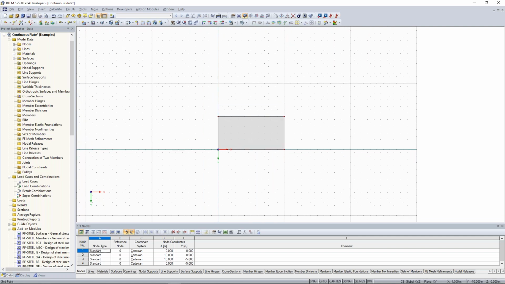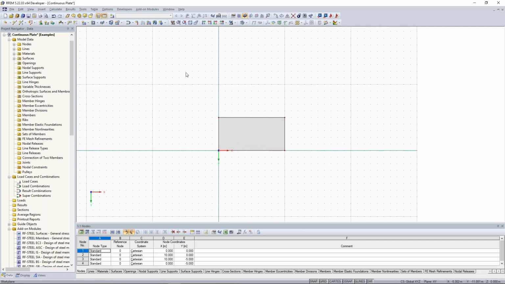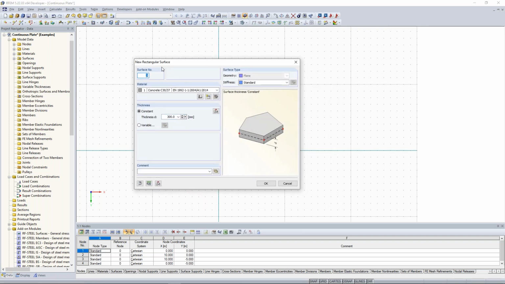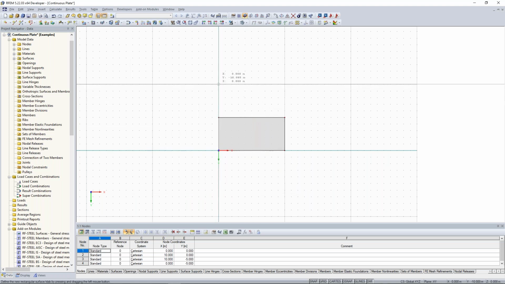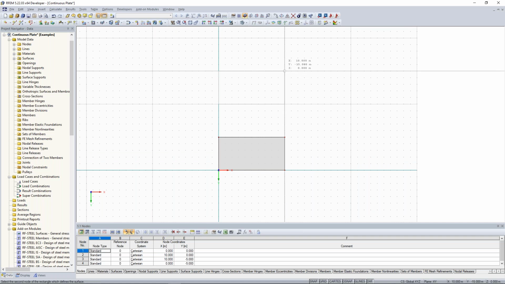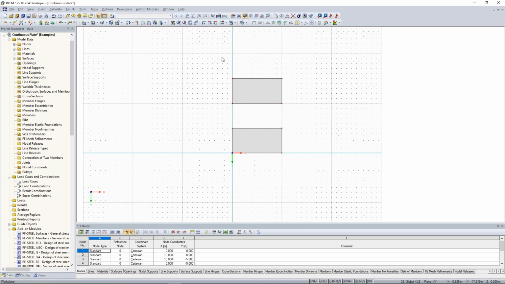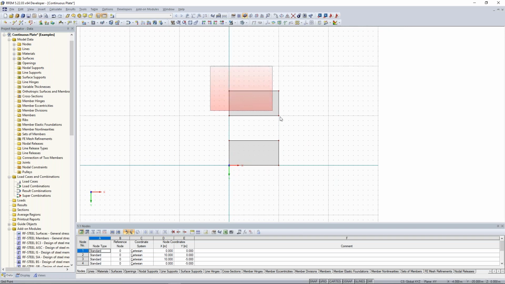I want to create the same plate. In order to practice it a little bit more, I create here a new rectangular surface again. Now the properties are already set, so I create the same plate again, but in this case a little bit faster. And yeah, now I want to copy this plate